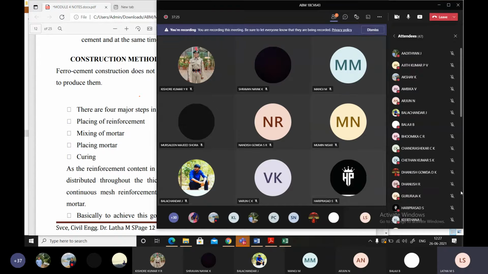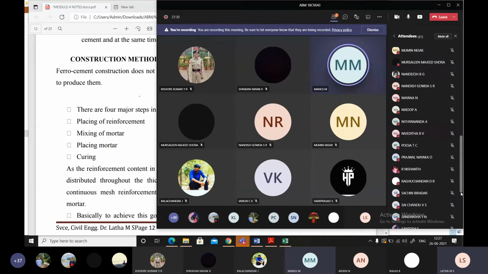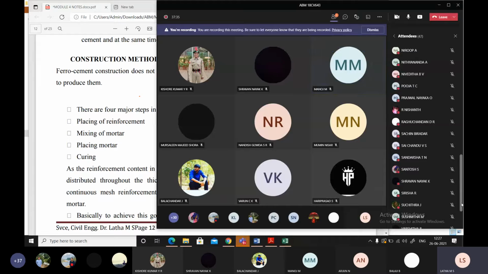Nandish Gowda? Ma'am, about the cement mixtures. It is related to what topic? Which topic of your syllabus am I talking about? You're correct, about cement only we were talking. But which topic is it related to? Ferrocement material. Yes, very good. At least you could get back. It is all about ferrocement materials. Correct.